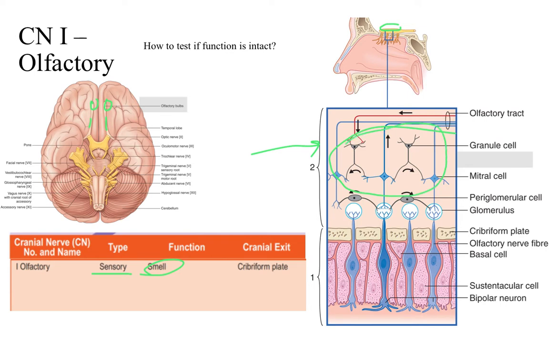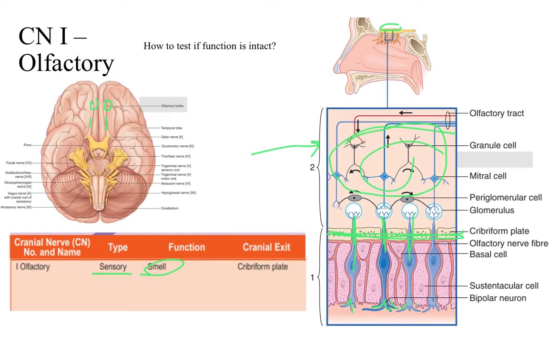Within the olfactory bulb here, there is this network of fibers that are interacting with each other. We're not going to go through all of the details of this, but notice that they ultimately connect to these basal cells, and these basal cells go through the cribriform plate right here and send little appendages out within the mucosa of the nasal cavity. And they have receptors on them that are going to pick up different chemicals that are in the air that get wafted into your nasal cavity,